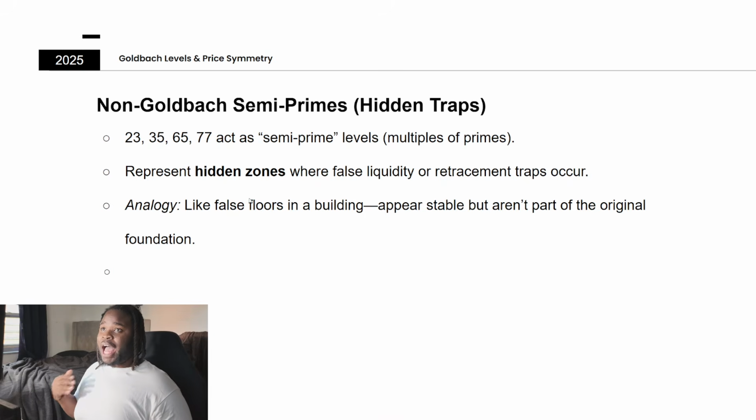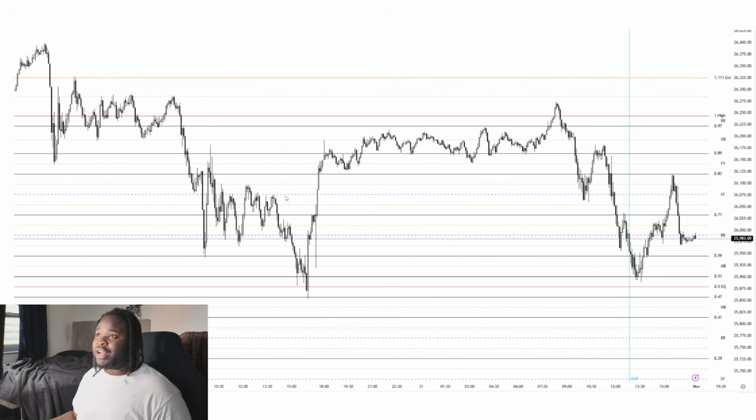We also would have what's called non-Goldbach semi-primes, also known as hidden traps. 23, 35, 65, 77 act as prime levels, multiples of primes, and represent hidden zones where false liquidity or retracement traps occur. Like false floors in a building that appear stable but aren't part of the original foundation, right? So I'll show you an example of this so you have an idea. In a market, this was October 31st,